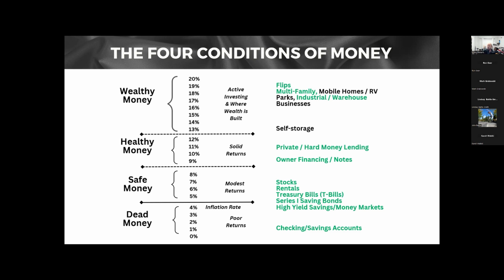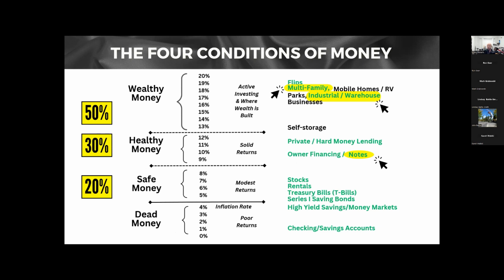And then wealthy money. Okay. So this is where the people, real estate investors, really start to amplify their wealth, is through these types of investments. And we've talked about them, right? In fact, I highlighted here the ones that we've talked about. We've talked about multifamily apartments, industrial triple net, commercial and warehouse space. Talked about notes. Anything on the slide here that's in green is something that I personally have experience in. I personally have an investment in the green items. The yellow is what we've talked about in this webinar series.